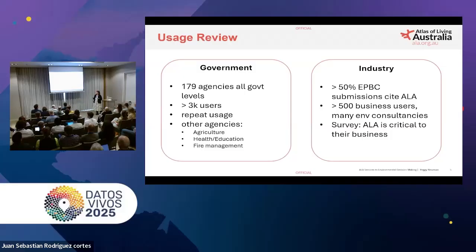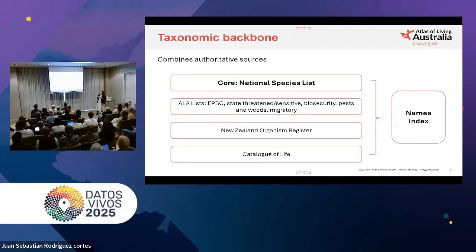What's the other sort of significant thing about that? I can't remember. So we built our taxonomic backbone for Australia. We have the Australian Biological Resources Study that puts together a national species list at the core. So this is really similar to the Catalogue of Life story. We have our core data sets that make up the NSL and the faunal directory, the plants lists, the